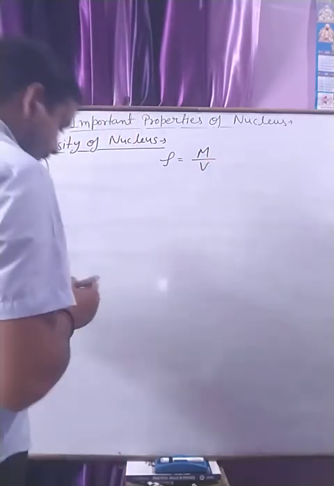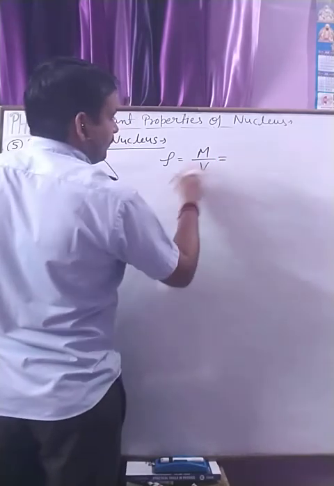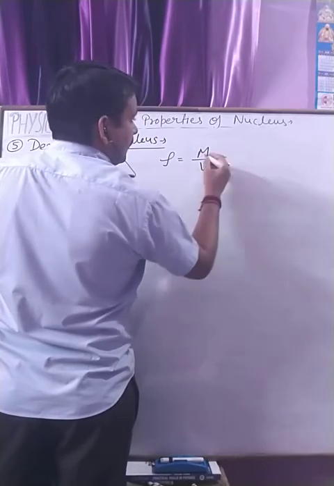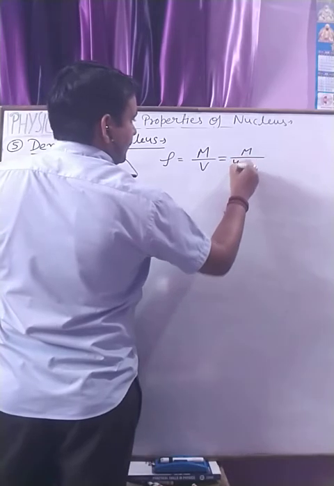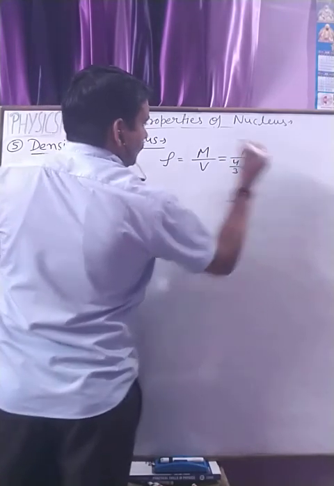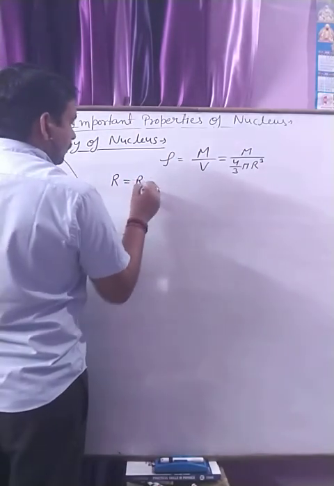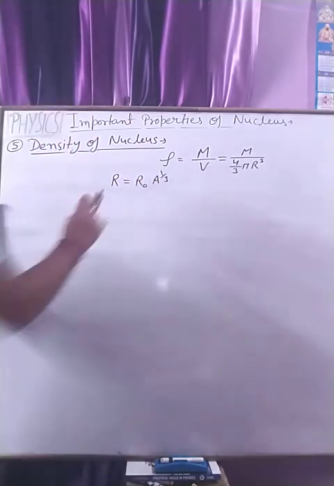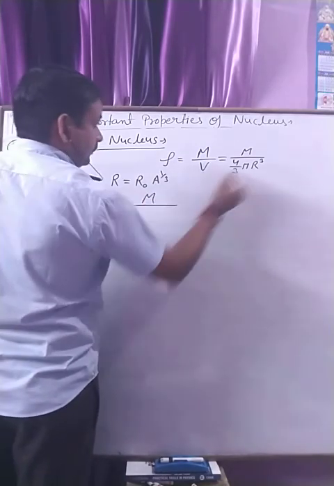Here volume is 4 by 3 pi r cube, and we have r is equal to r naught A to the power 1 by 3. On putting this value here, we calculate that mass upon